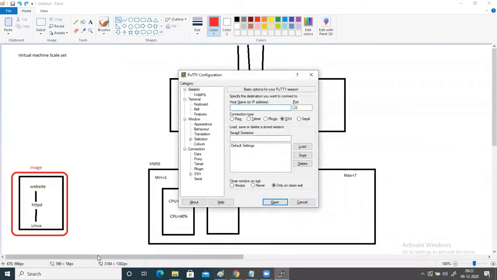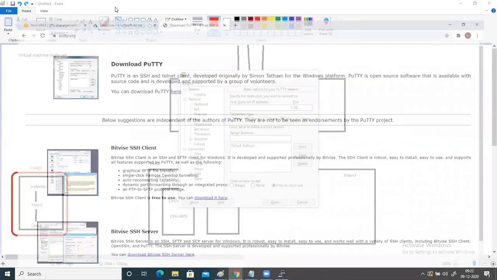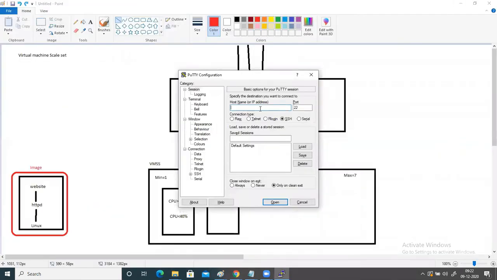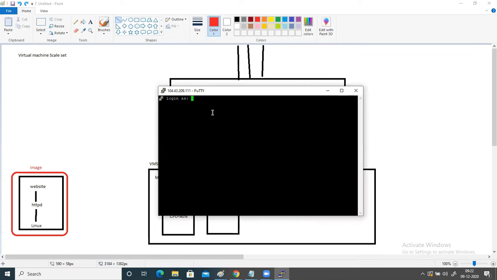So click on it, open it, and then go to your portal and take this public IP address. Paste it here and then click on open. Basically you can see on this public IP address, I'm trying to connect on port number 22. This port has already been enabled, along with HTTP port 80. So yes, here it is asking for my user ID. That is Sanjay K A, and the password is